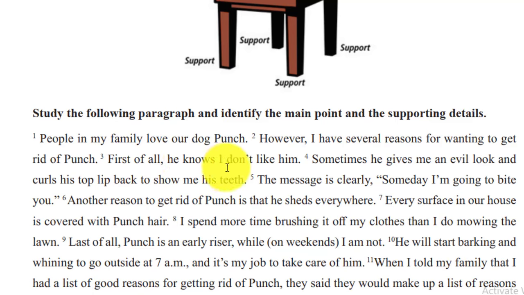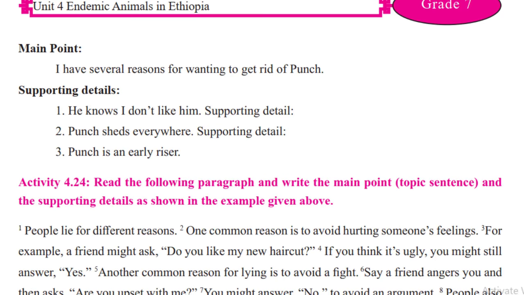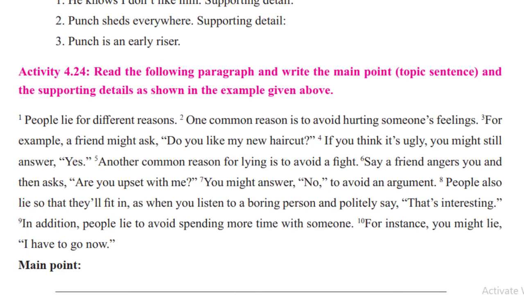first of all he knows I don't like him እንደማልወደው ስለሚያውቅ, sometimes he gives me an evil look and curls his top lip back to show me his teeth እያለ ሪዝን አውት ያደርጋል። ለምን እንደሚጠላው ለምን ለማስወገድ እንደሚፈልግ ሪዝን አውት ስለሚያደርግ ሜይንሊ ቶፒክ ሴንተንሱ I have several reasons የሚለው ነው። especially it is highlighted ተደርጎላቸዋል እዚህ ጋር። ለምሳሌ may point to I have several reasons for wanting to get rid of Punch የሚለው ነው። supporting ለምን want remove ለማድረግ እንደፈለገ ለምን ለማስወገድ እንደፈለገ reason out የሚያደርጉት supporting detail ይሆናሉ ማለት ነው እነዚህ።